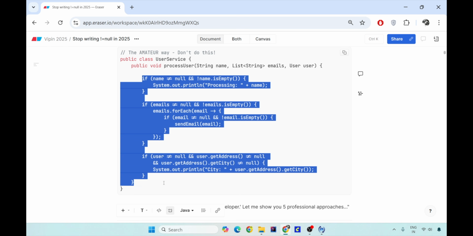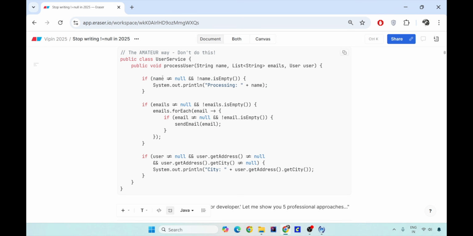So this is a very bad way of coding. Though many of us might still be using it, and it is not wrong and will not give you wrong results, it is not a professional way of handling nulls. If you can see, there is a lot of not equal to null, not equal to null, not equal to null. It is the abundance of not-equals-null checks. So this is not something which is good.